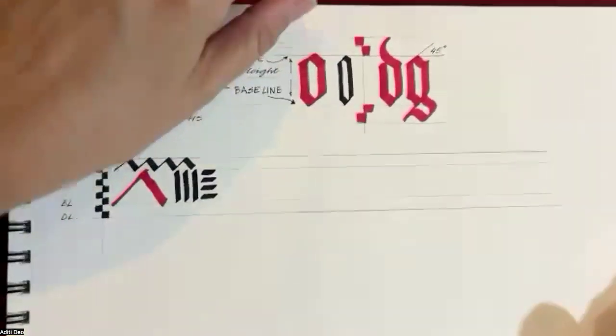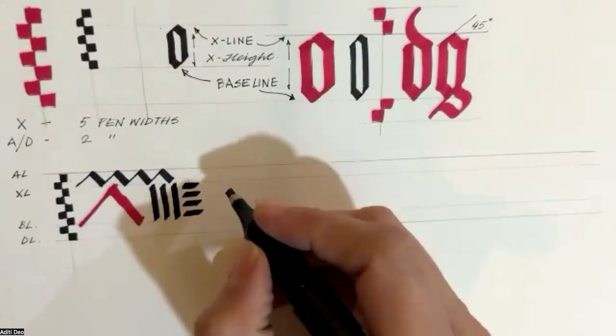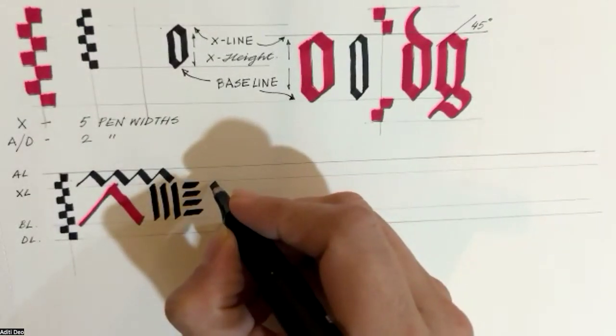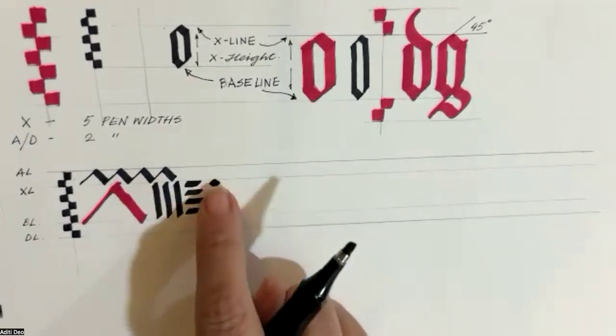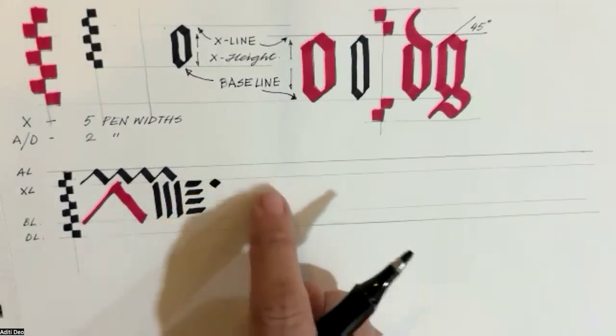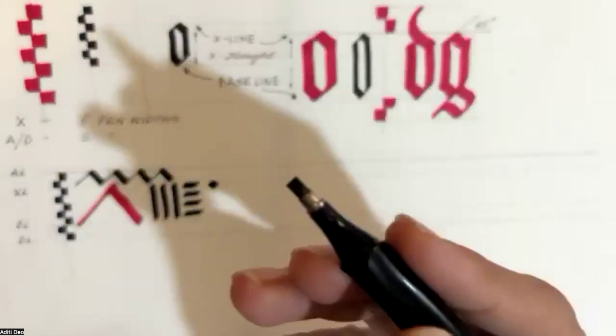Alright, so the first letter we will make will be the letter I, and this is how you make it. These are the three shapes you will use. A diamond shape, which is just a small dash made at 45 degrees downwards, the same length as the width of your pen.